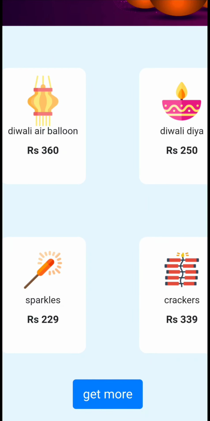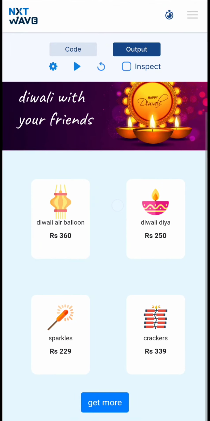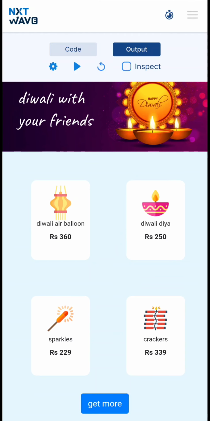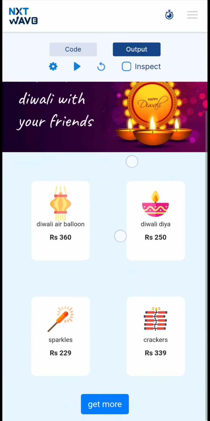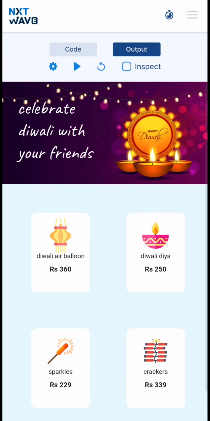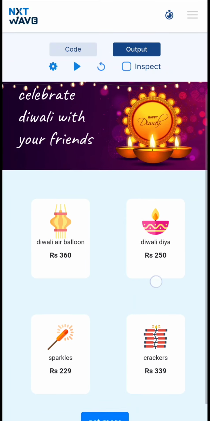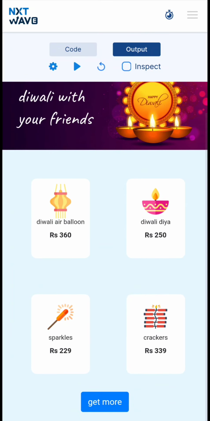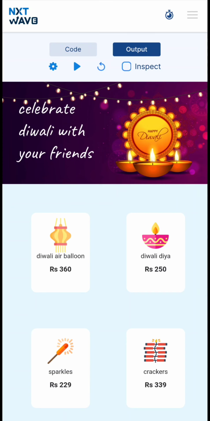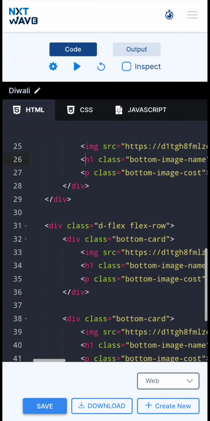Now to get spacing between the cards, you can see the spacing between the cards set in the middle. To get that, we use the CSS property called margin. Margin brings us the space between these cards and it looks very neat. So guys, this is how we create a page something like this in our static website.